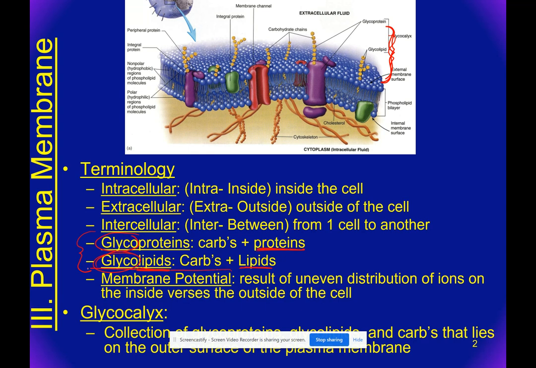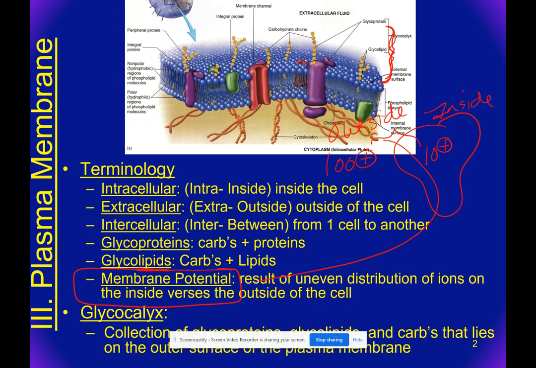Now, membrane potential. We talked about that word potential. It could, but it isn't necessarily doing something, right? So, membrane potential happens when inside of your cell, so let's say this is a cell, I have a certain number of ions. Let's say I have 10 positive ions inside my cell, but I have 100 positive ions outside of my cell. Is there a difference between what you see inside versus outside? Obviously, 10 versus 100, that's a big difference. We say that that difference between what is inside versus what is outside